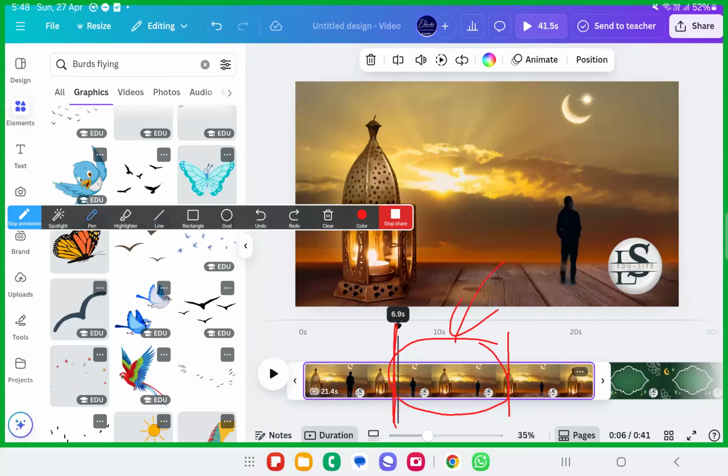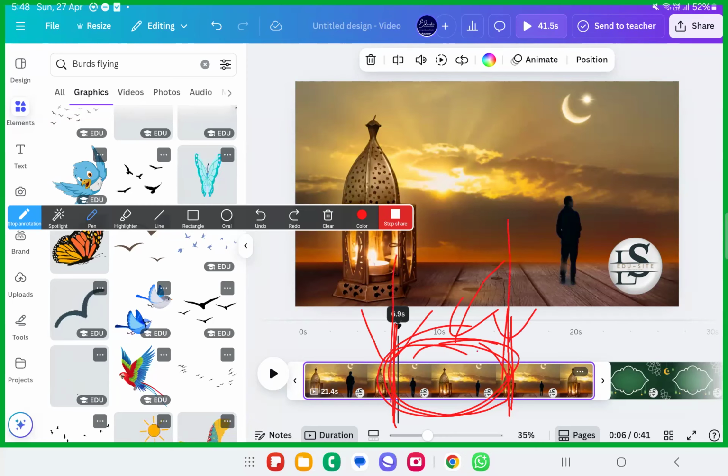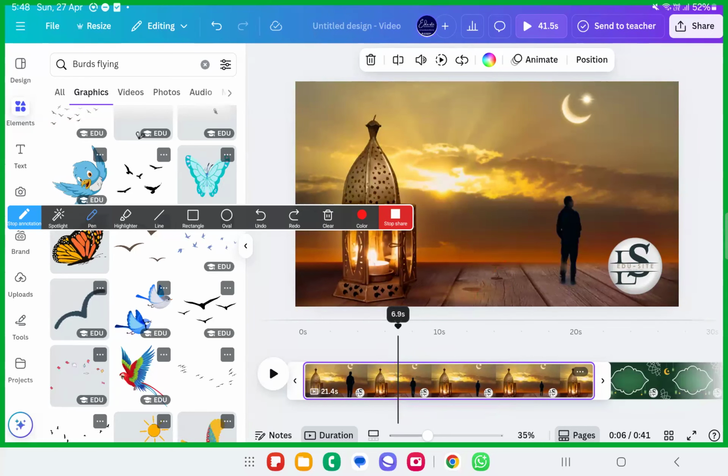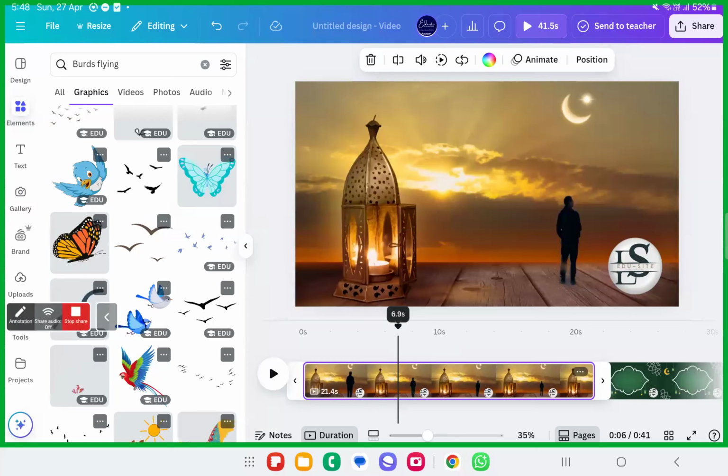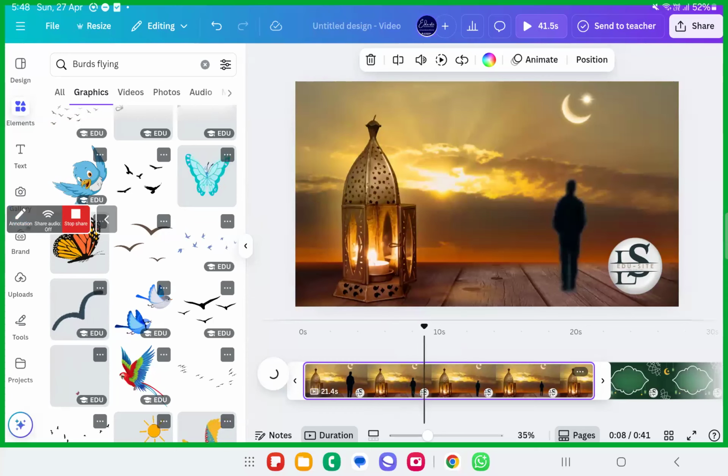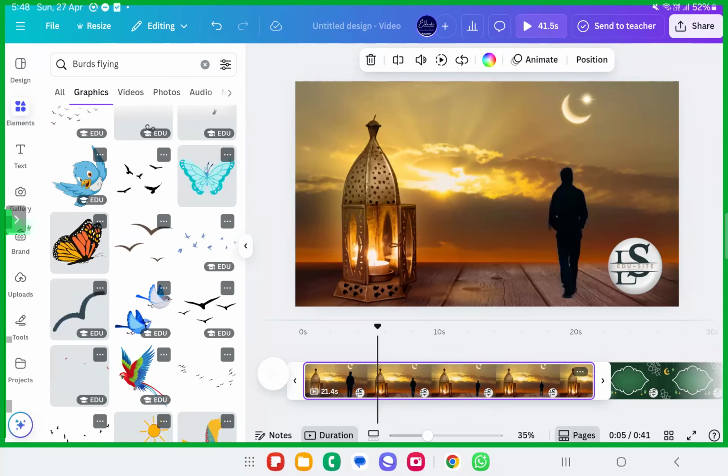So how to trim this part out? This much part I don't want. 6 seconds to 15 seconds I don't want. How to do that? One way is that you can split here and delete this stuff. So I'll do that itself. This is called the timeline. There is something black here. Can you see that? This is called the timeline. We call it a timestamp. That line, wherever you move it, for example, if you move it here, you just have to drop it somewhere. For example, if you are here on the 6th second, I just want to split it. How are you going to do that?